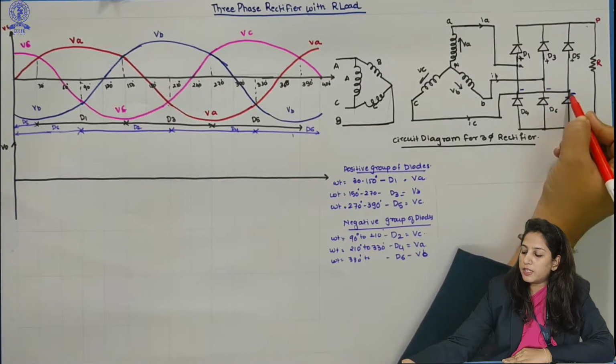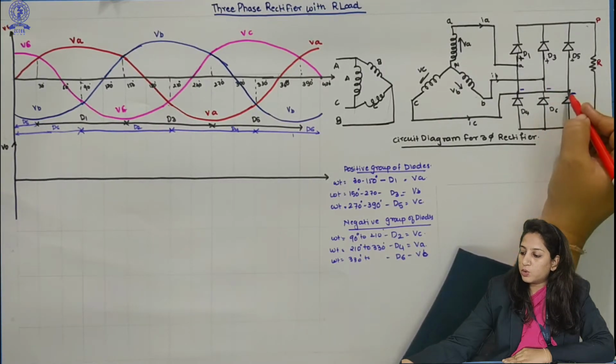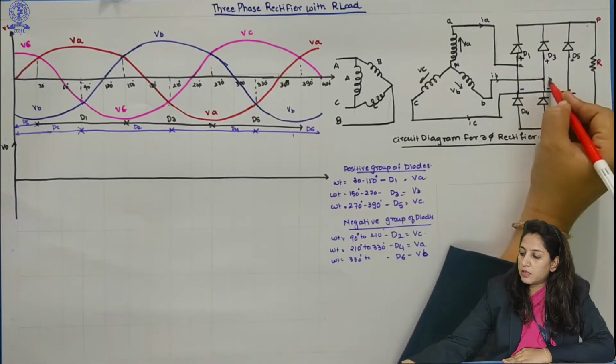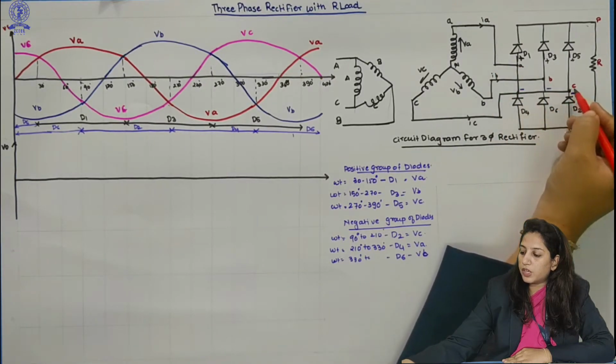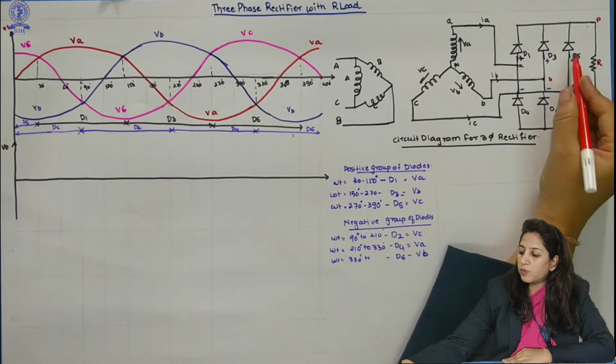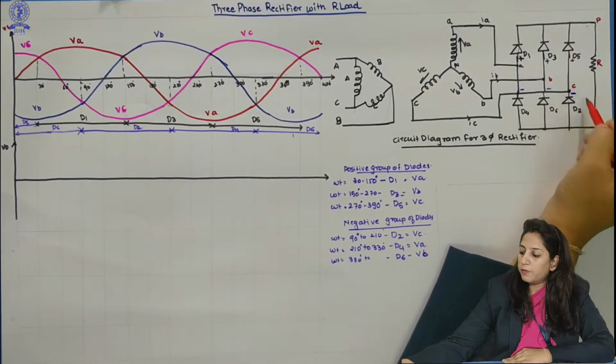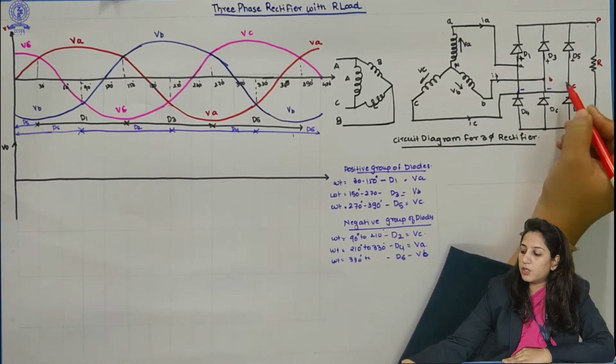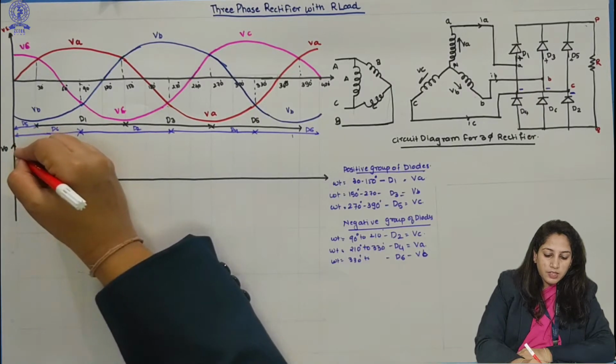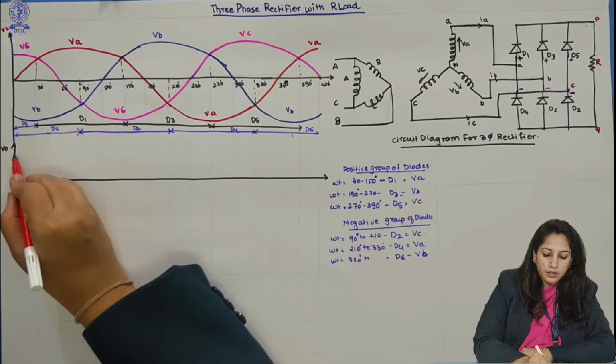Because this is A, this is B, and this is the C winding, the current is flowing from D5 to D6, that is from C to A. So the output voltage I will get is